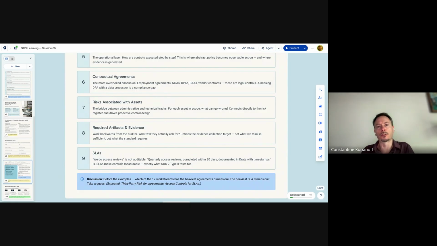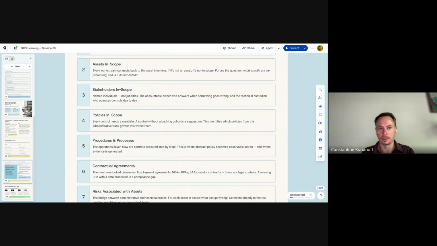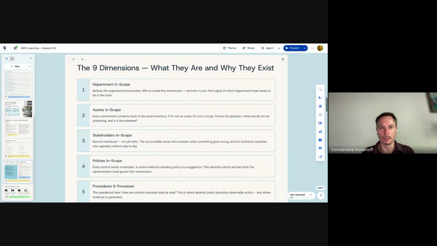So the dashboard should also show you what information is being collected, if it's possible to collect it in an automated manner, to show the status of each item in those 9 lists. And every list is one dimension.